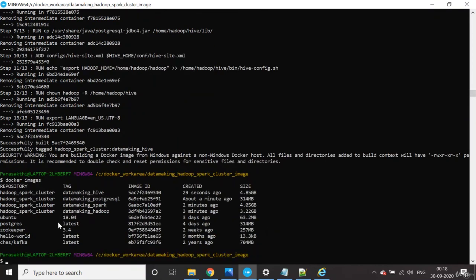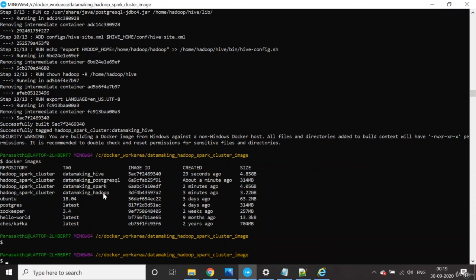Now it has created. Earlier we had Kafka and Zookeeper images. Now we got two base images, Ubuntu and Postgres, and on top of that we created four images: Hive, Postgres, Spark, and Hadoop. This Hive image contains both Hadoop and Spark, so this is what we are going to run.